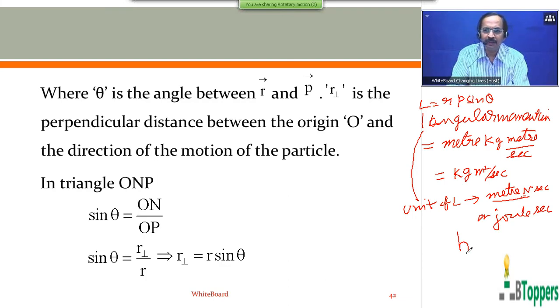We discuss this term Planck's constant H in atomic physics. Of course, in chemistry in 11th class, or junior intermediate first year, atomic structure also discusses this term Planck's constant in the quantum theory of radiation. So that means angular momentum and Planck's constant have the same units and dimensions. In my next class, I will be discussing some special cases in angular momentum.